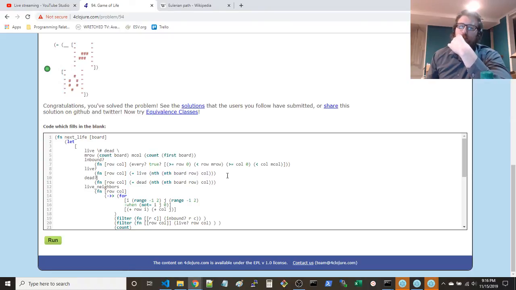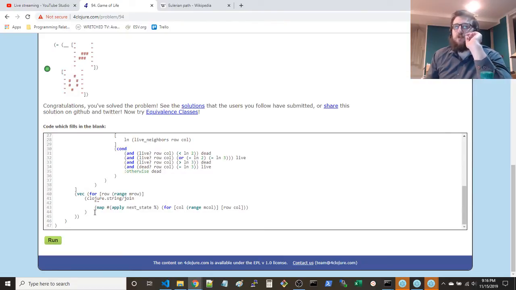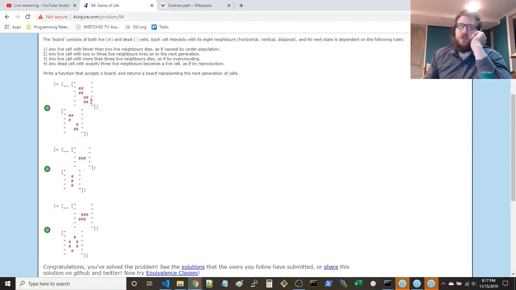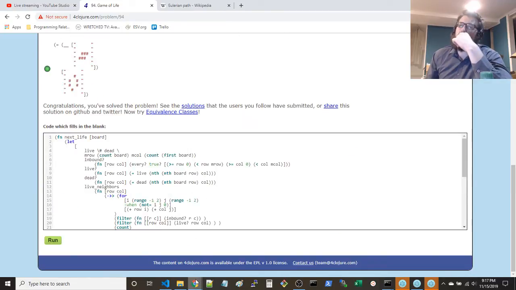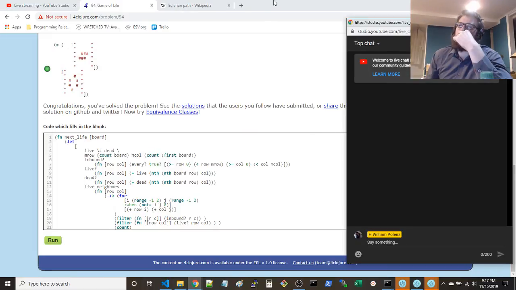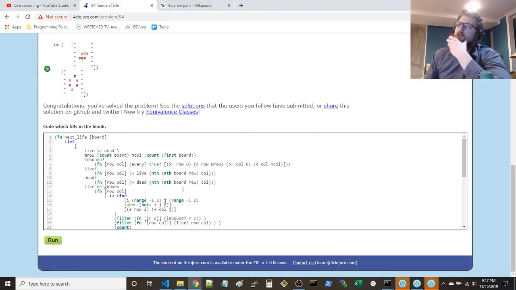I think there's probably a better way to do this, but the board was input in a strange way, where it's a sequence of strings, so you kind of need nth of nth.